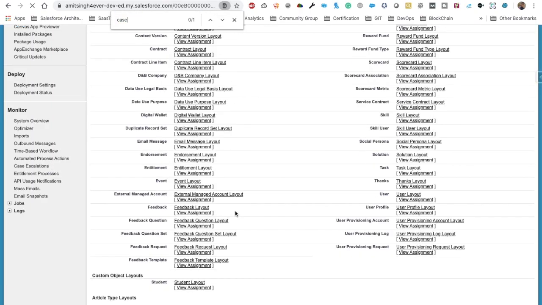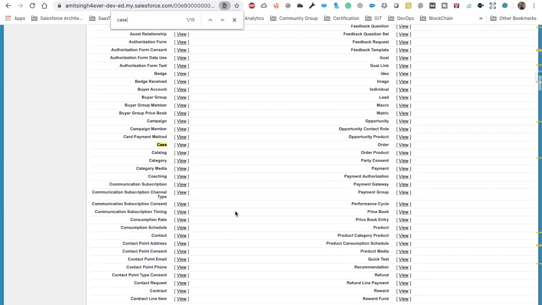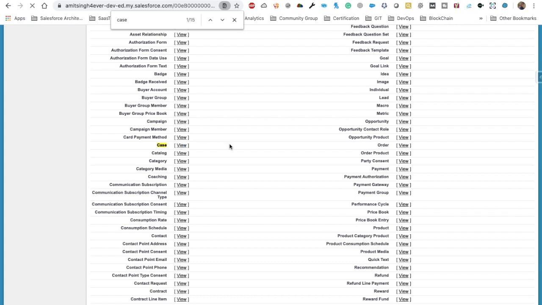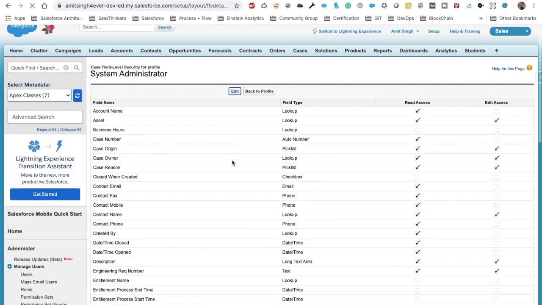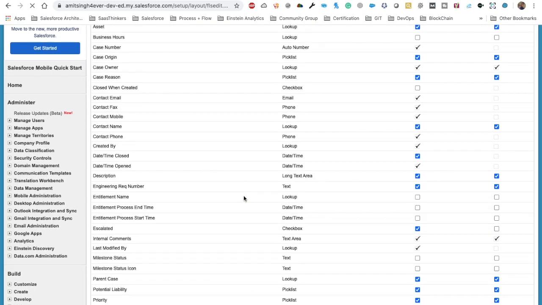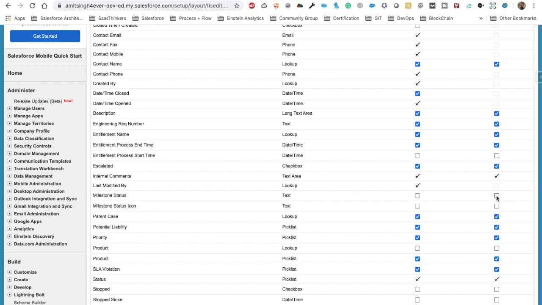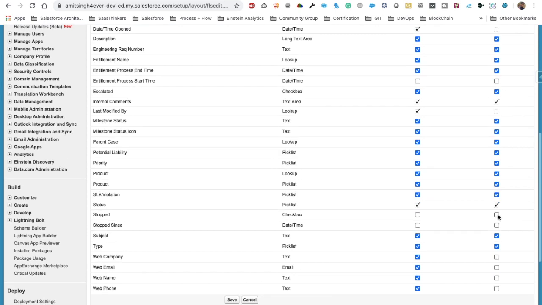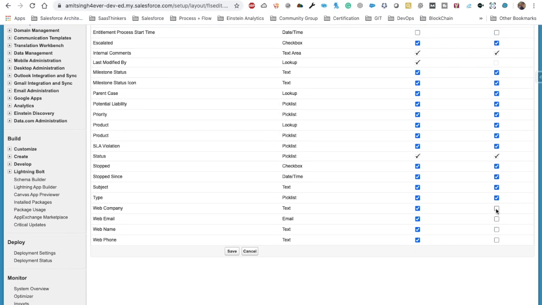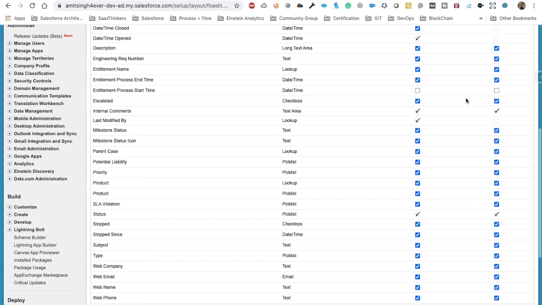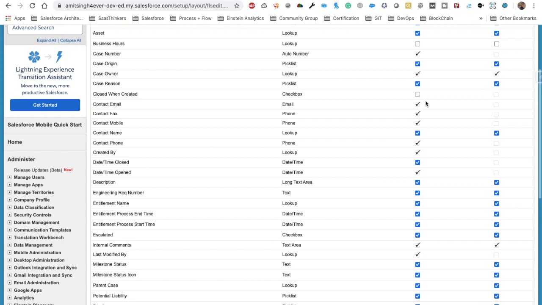So let's quickly go to case. So these are the field level access that we are going to provide here. So let's edit this. You'll notice that we have got entitlement name, we've got start date, end date, and then we have some additional ones like milestone status, and these are the new fields that we have got. So we are just going to enable all those fields, let's quickly enable these as well. These are not even related to our process, we are just going to enable this. Okay,